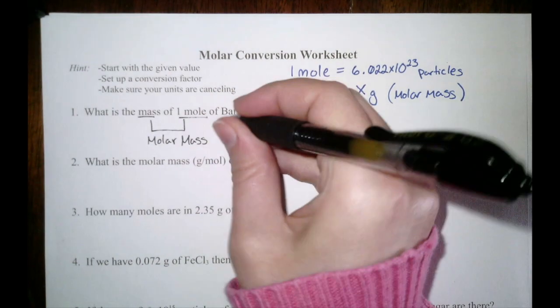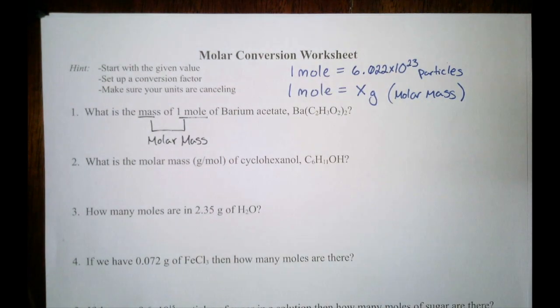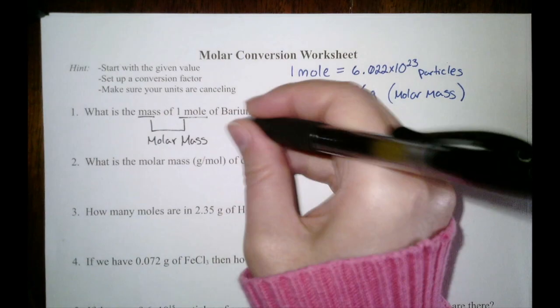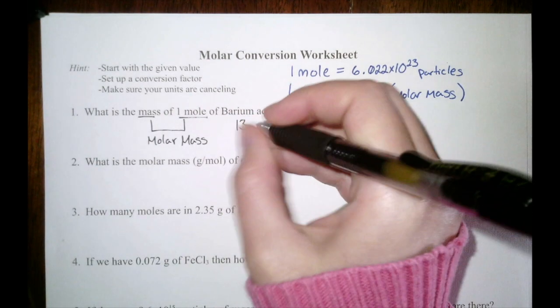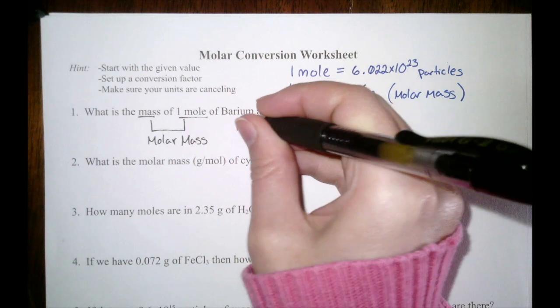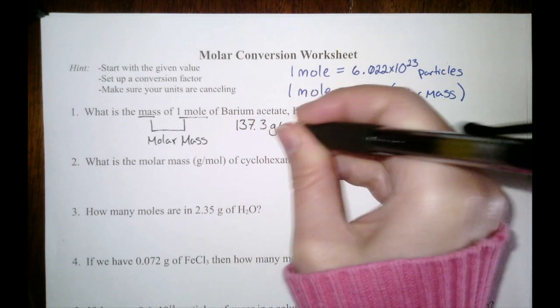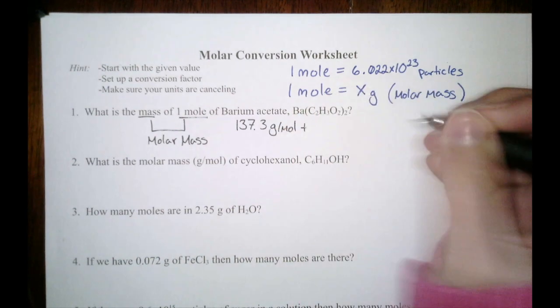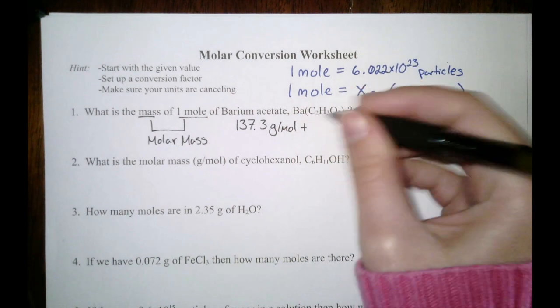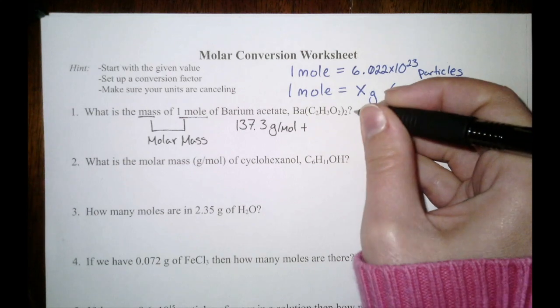So first off, the molar mass of barium, if you look at your periodic table, you'll find that it's about 137.3 grams per mole,